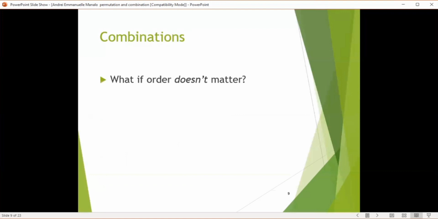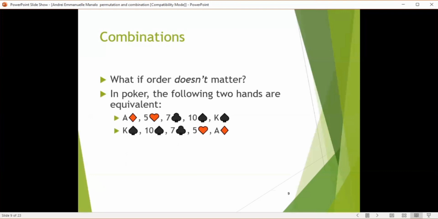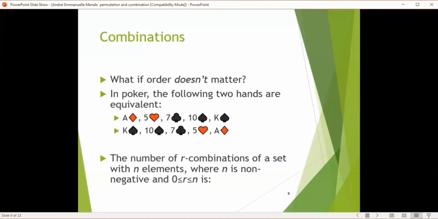Combination. What if order doesn't matter? In poker, the following two hands are equivalent: ace of diamonds, 5 of hearts, 7 of clubs, 10 of spades, king of spades, and king of spades, 10 of spades, 7 of clubs, 5 of hearts, and ace of diamonds. The number of r-combinations of a set with n elements, where r is non-negative and at most n, is